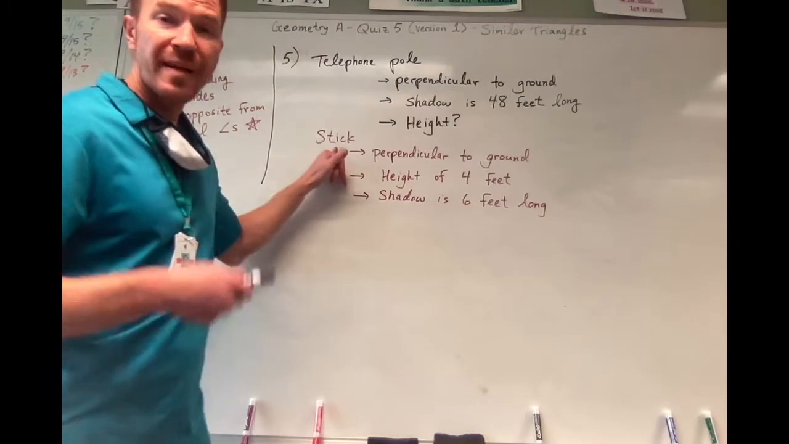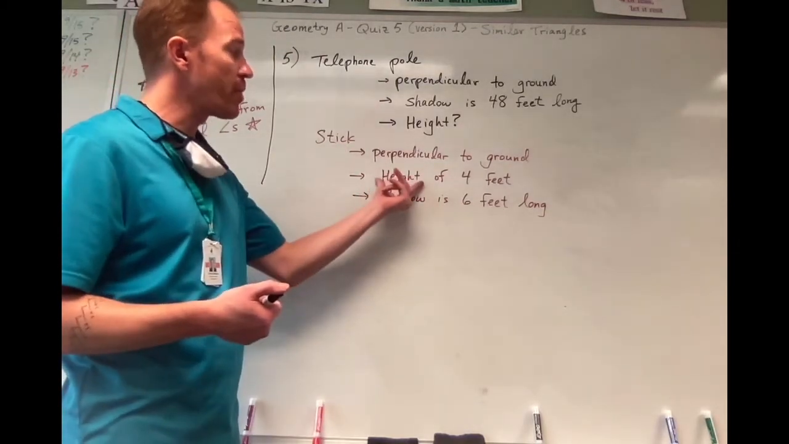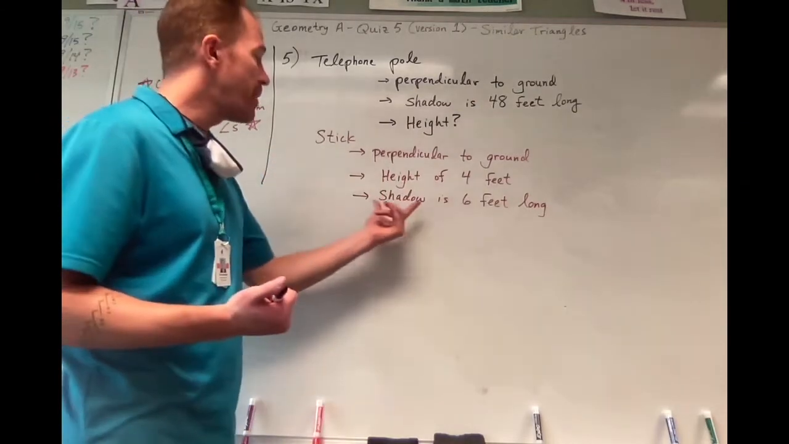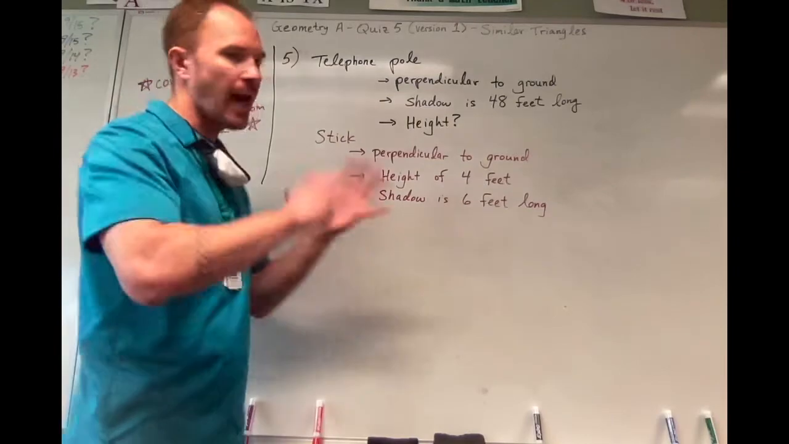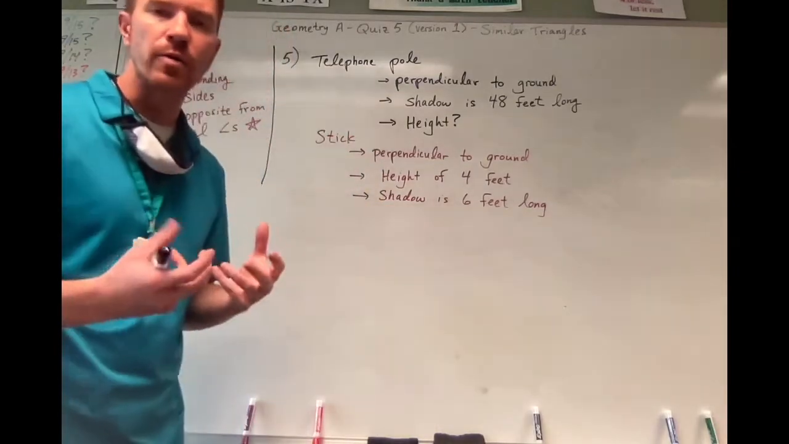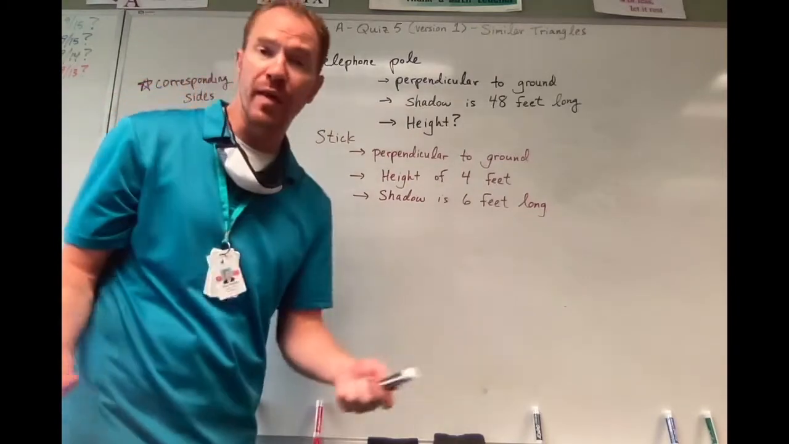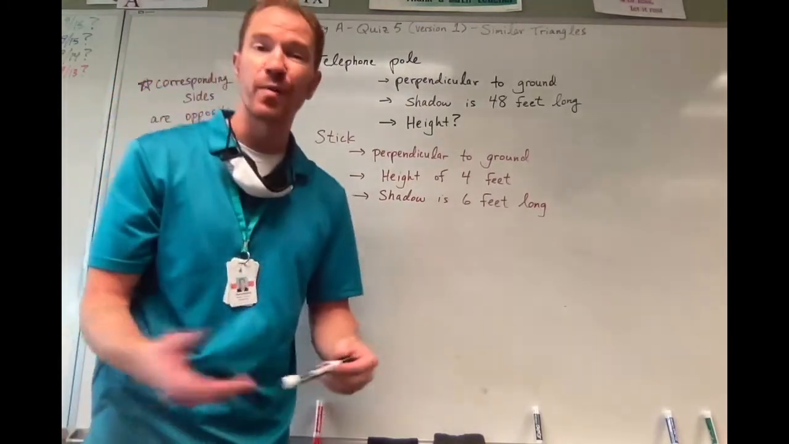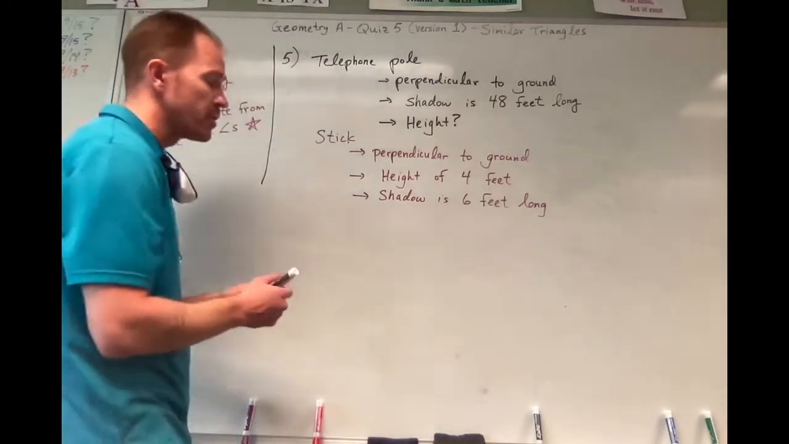And then we're also told about a stick that's also perpendicular to the ground. We know the height of the stick, it's 4 feet. And then the shadow for the stick is 6 feet long. So we're going to see how we use this information to figure out the height of the telephone pole. One good thing you might want to do, since we were not provided with a diagram or a picture, is